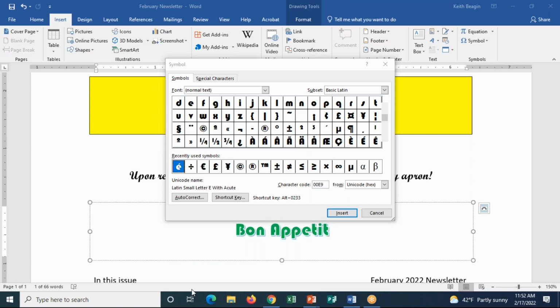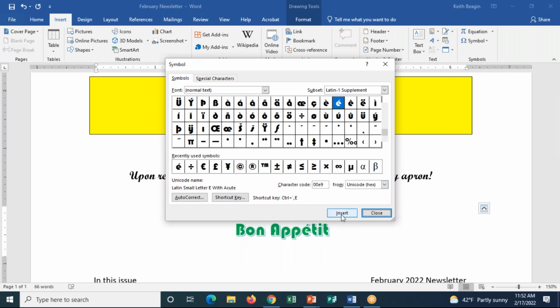You'll notice that it will select that one in your library. It might be in a different location than mine, that's okay, but it's going to be the lowercase e with that diagonal accent over it. So 00E9, type it in, press enter. It will select, oops, let me do mine again. All right, and then I click insert,